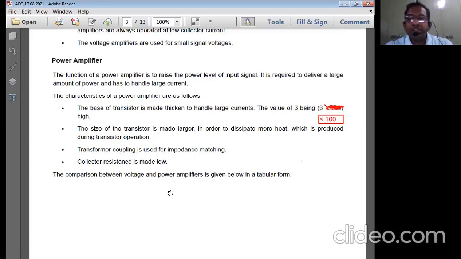Usually, the output resistance of the transistor is going to be high. Why is the output resistance of a transistor high? By virtue of its construction, the output junction is reverse biased, and a reverse-biased junction is definitely going to have more resistance. That means the output resistance of a transistor is definitely going to be high. But the input resistance of a loudspeaker is very, very low. Therefore, we should achieve impedance matching between these two, so we use transformer coupling. Using the transformer coupling, we can make the collector resistance very low.